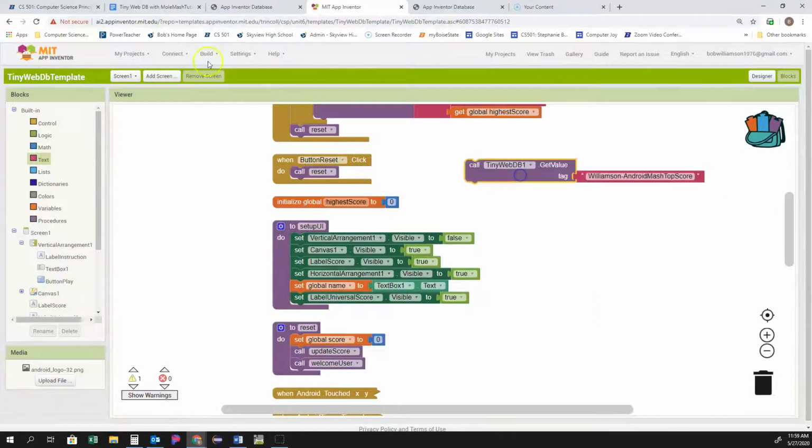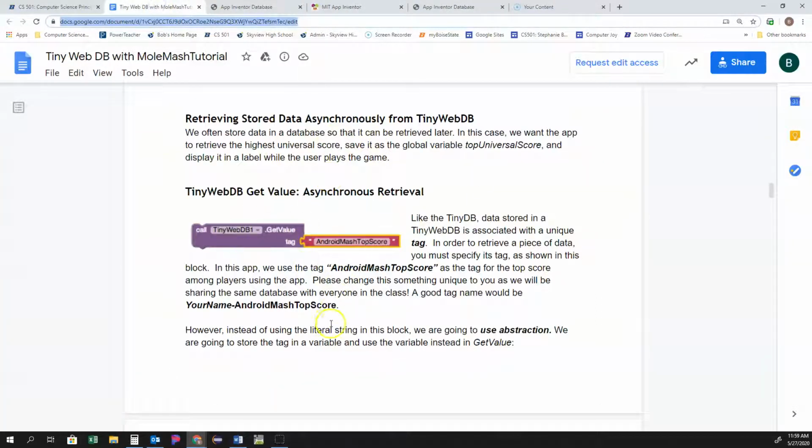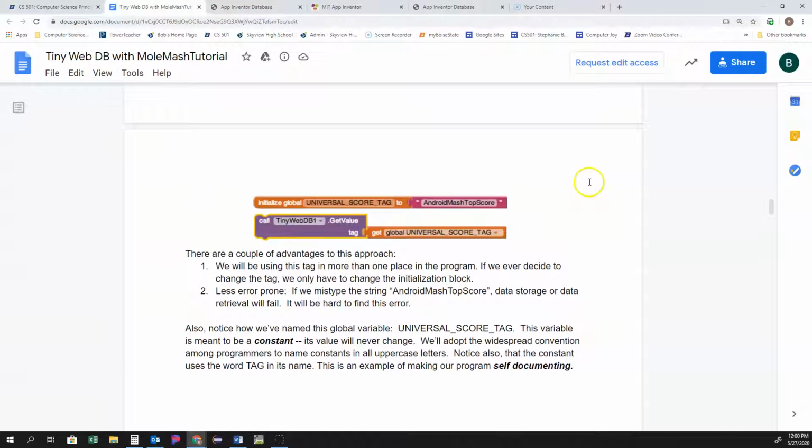All right, well, let's just hold on to that for a little bit and see what they want us to do with that. Okay, next we need to be initializing a global variable,